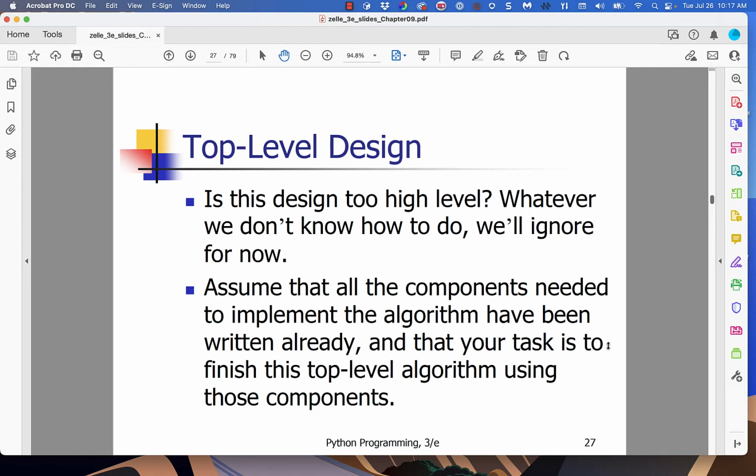Is this design too high level? Whatever we don't know how to do, we'll ignore for now. And I'm going to say it's not too high level if we fully intend to flesh out or add the details to these higher level descriptions as we proceed ahead with the method. Assume that all components needed to implement the algorithm have been written already, and your task is to finish this top level algorithm using those components,